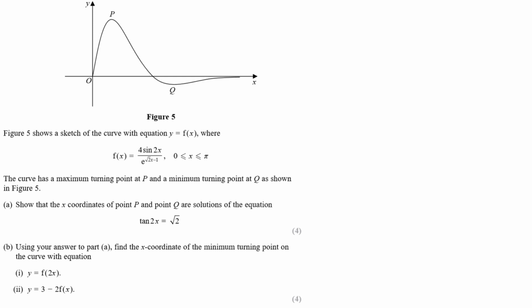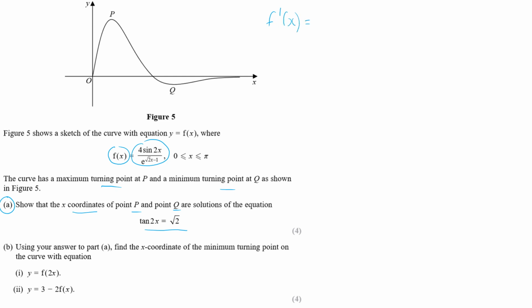In this question, we've got the graph with this function here. We've got max and min at P and Q. Part A says show that the x coordinate of P and Q are solutions to this equation here, which does look nothing like what the curve is, but we can see we've got a quotient. You get the quotient rule on the formula sheet, and in function notation,